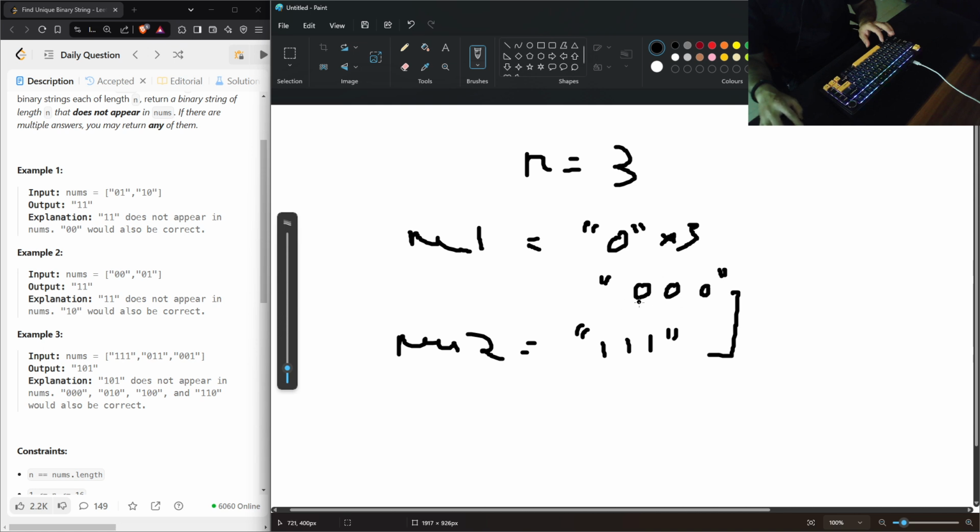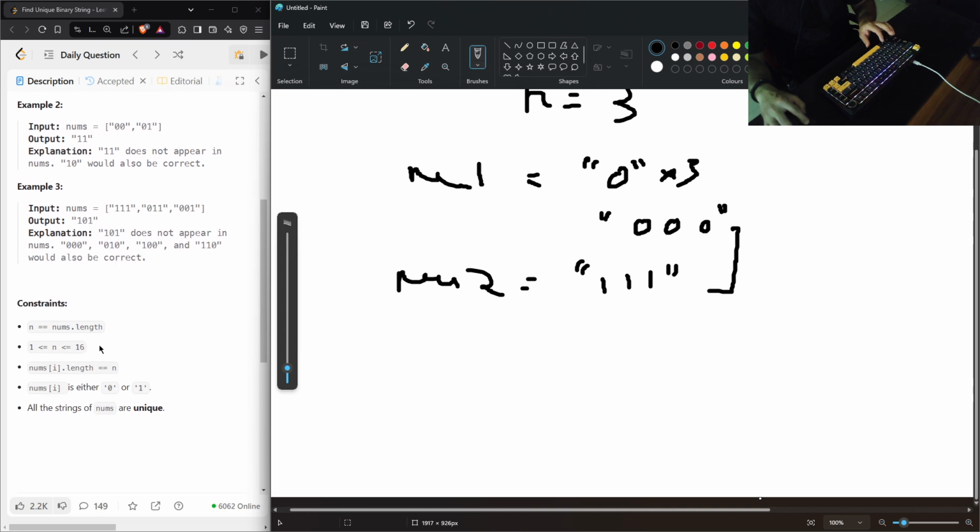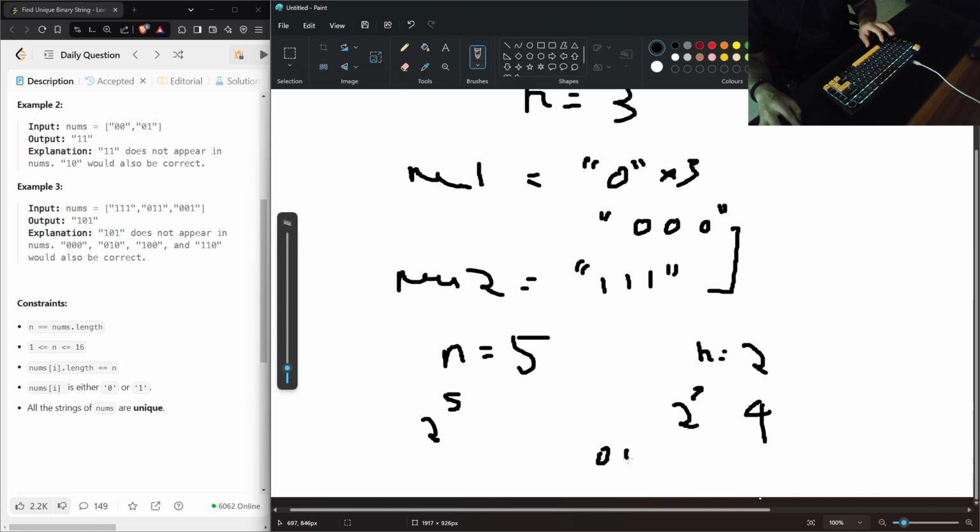Now again, the number of binary strings in this possible set can be large, because the value of n is going up till 16, and if the value of n is 5, the total number of binary strings that will be formed is 2 to the power 5. In the case of 2, we saw it was 2 squared, which was 4: 00, 01, 10 and 11. In the smaller values it's fine, but when n is going up till 16, the possible binary strings could be 2 raised to the power 16. So these are a lot of binary strings to